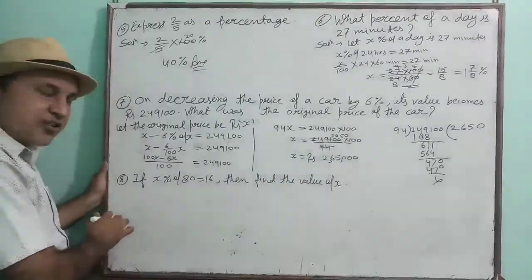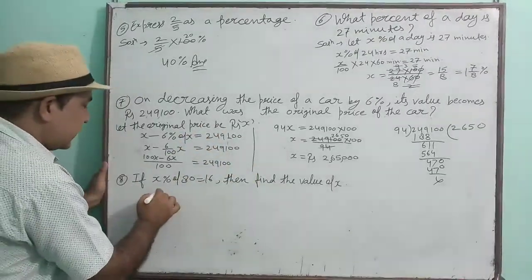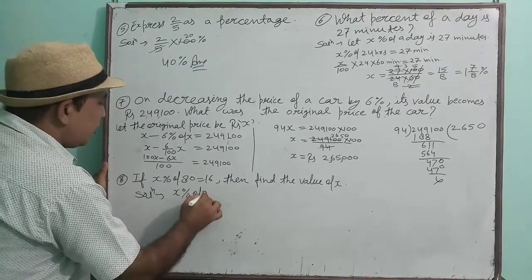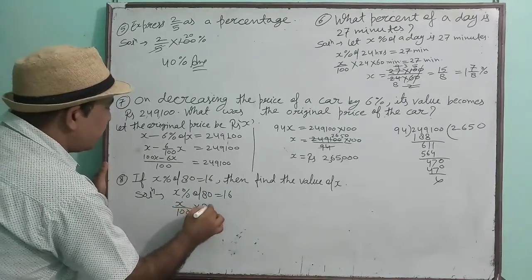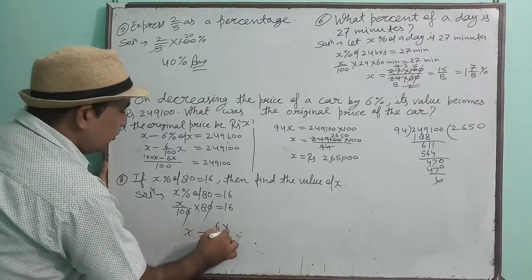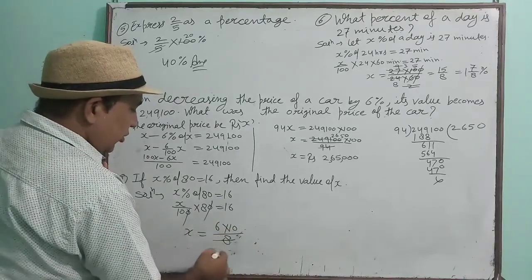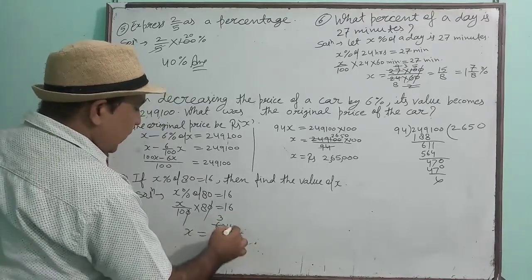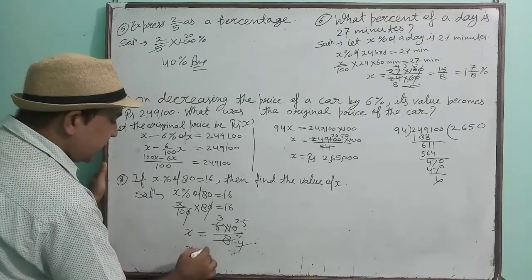Okay, now the last question. If x% of 80 is 16, then what will be the value of x? See, this question is very easy. X% of 80 is equal to 16 means x upon 100 into 80 is equal to 16. 10 and 10 cancel. So x is equal to 16 into 10 upon 8. Okay. 2 4s are 8, 2 3s are 6. 4 dividing 10 by 2.5 times. That means x is equal to